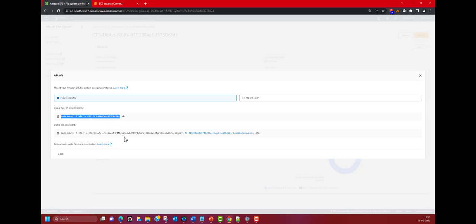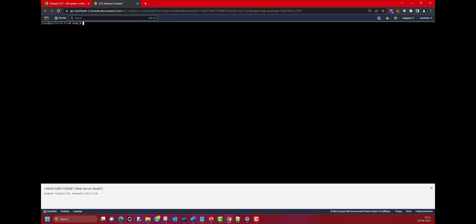portion, because I'm going to use it as a HTML directory for my web server. So I want it to mount as an HTML directory on all the web servers. So what I'm going to do is I'm going to copy this from here. I'll go to my instance. I'll go one step back here, sorry,